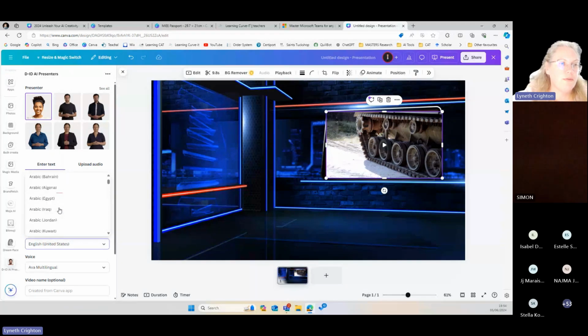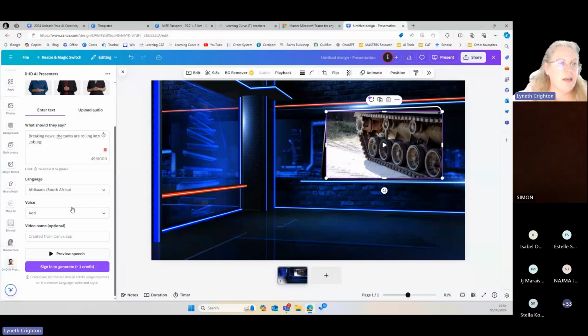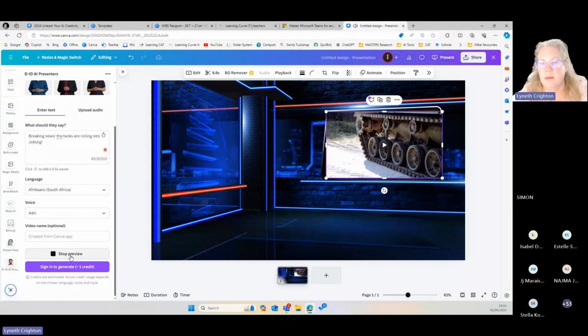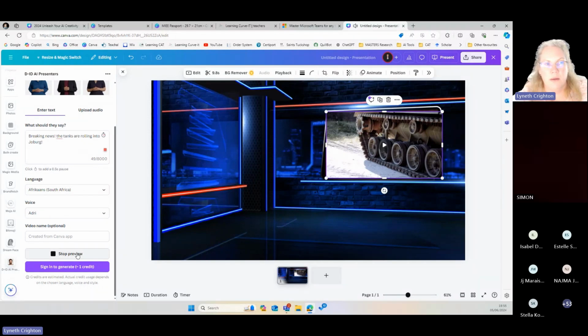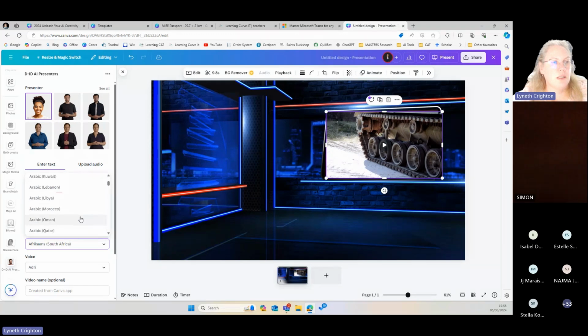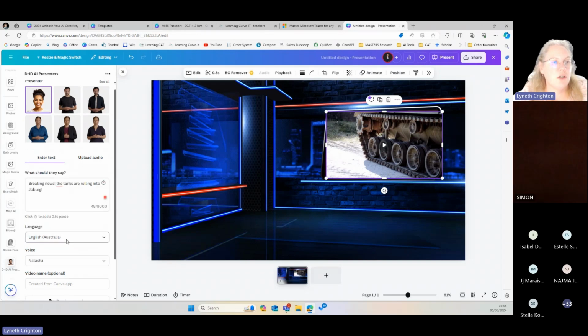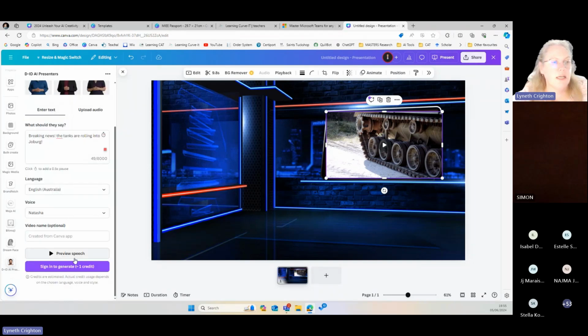It's quite interesting if you choose the South African Afrikaans accent. Usually there's a lady or a female. And if you say preview, "Breaking news. The tanks are rolling into Joburg." I'm going to just use the Australian one, we found the Australians sound quite similar to us.